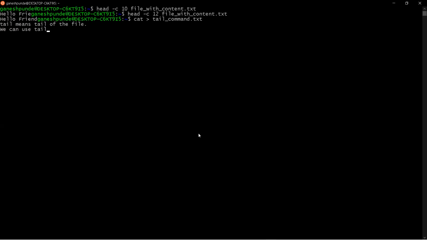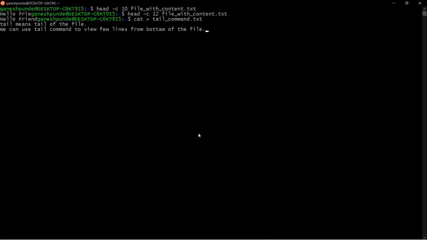We can use the tail command to view a few lines from the bottom of the file. We saw head is used to print the head of the file.